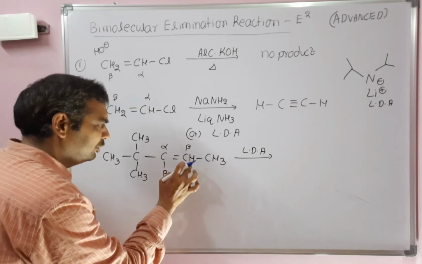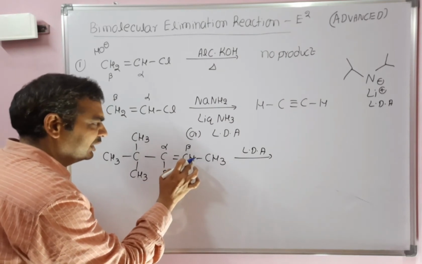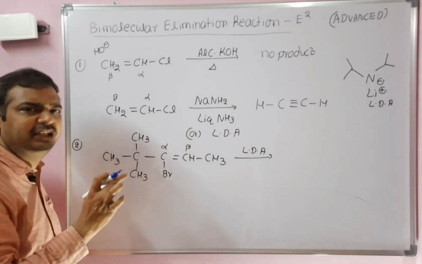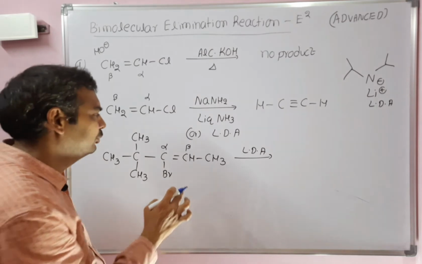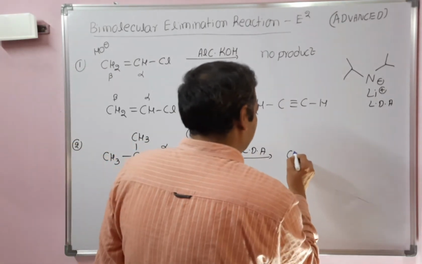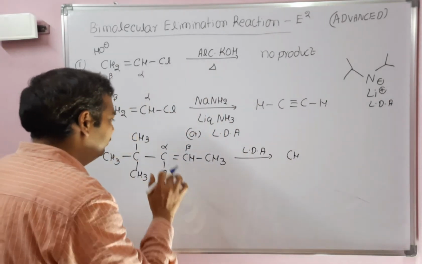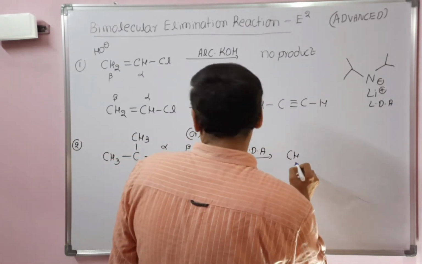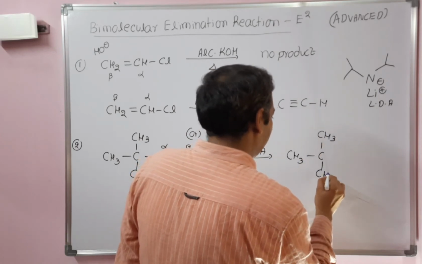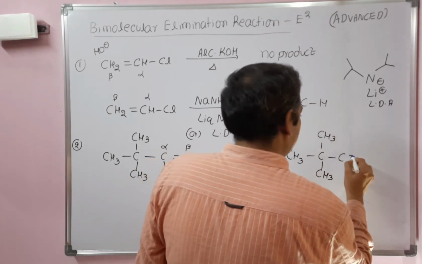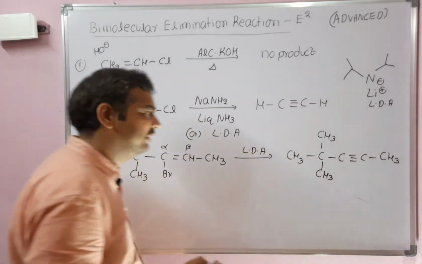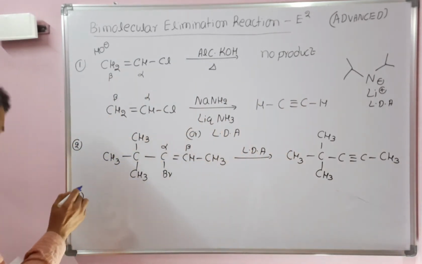Here there is a hydrogen, and this hydrogen-attached carbon has a conjugation. Normal KOH and NaOH alcoholic solutions are not able to abstract a proton. We need to use a strong base like LDA. Then the product obtained has a triple bond between these carbons, CH3 C triple bond C CH3. So this is the acetylene derivative we will get. So, next example.